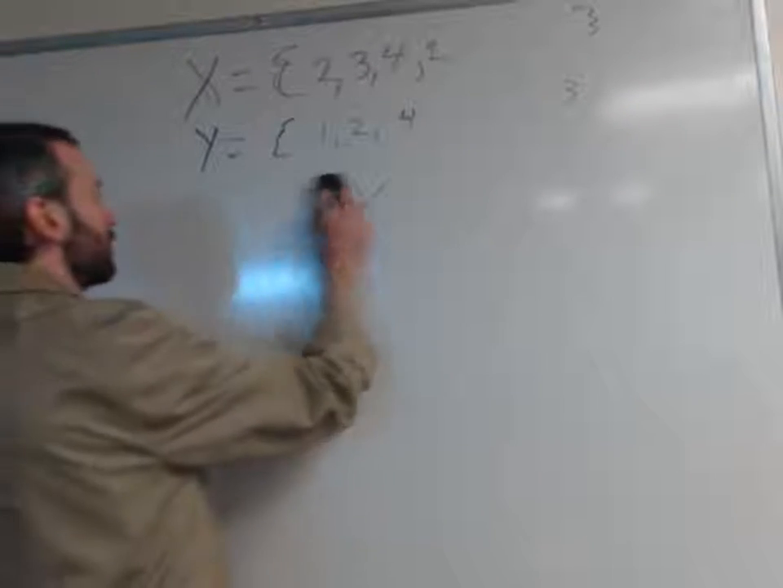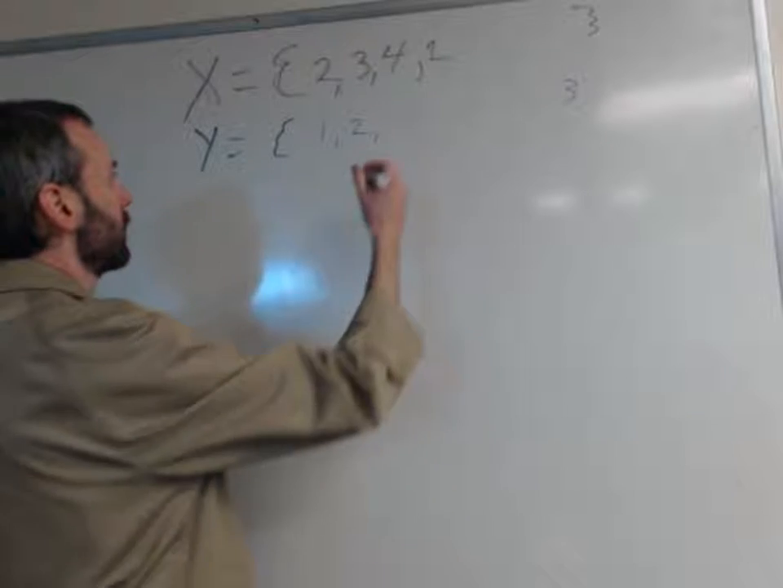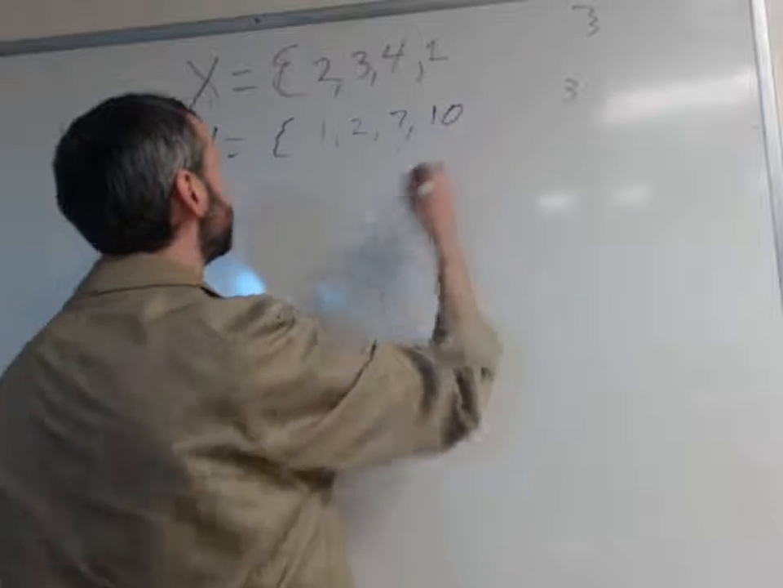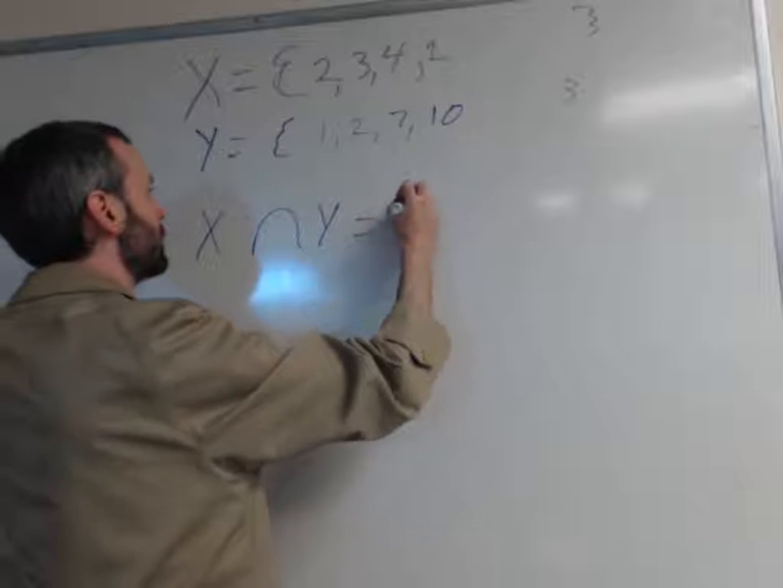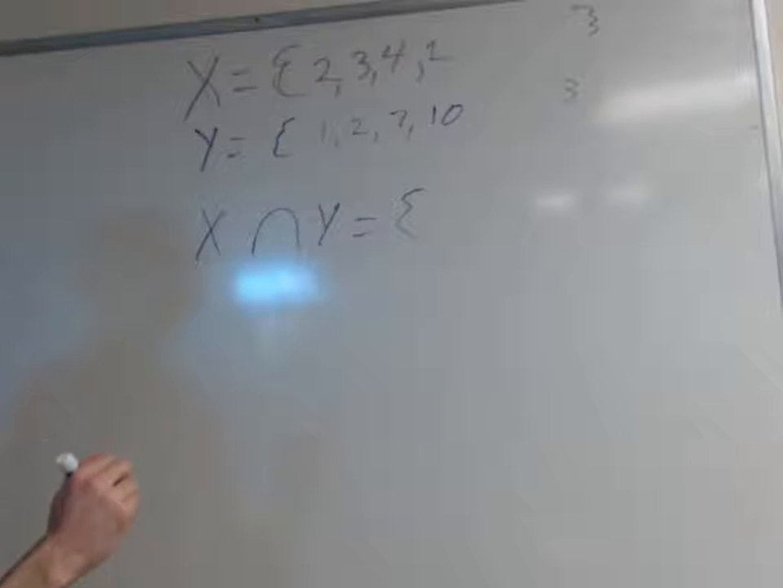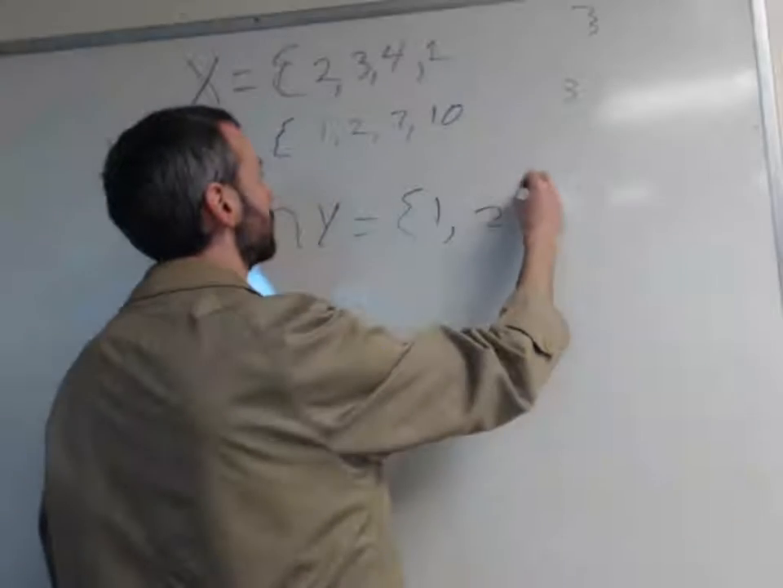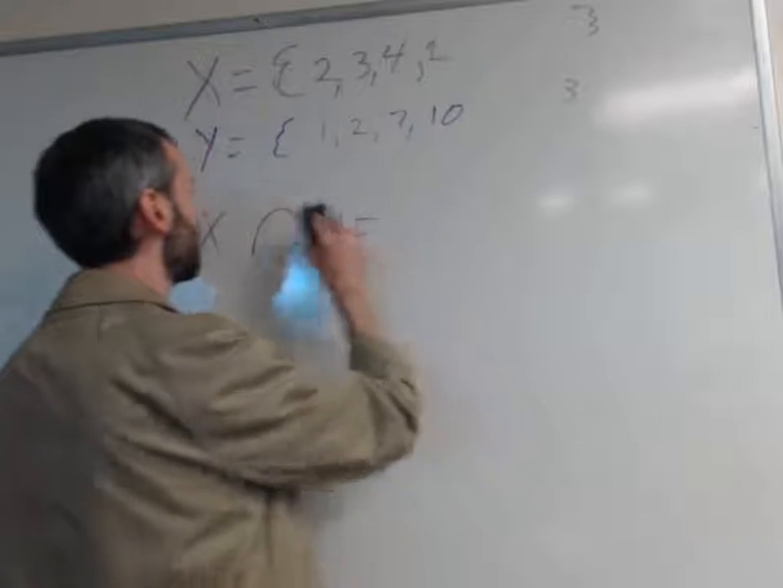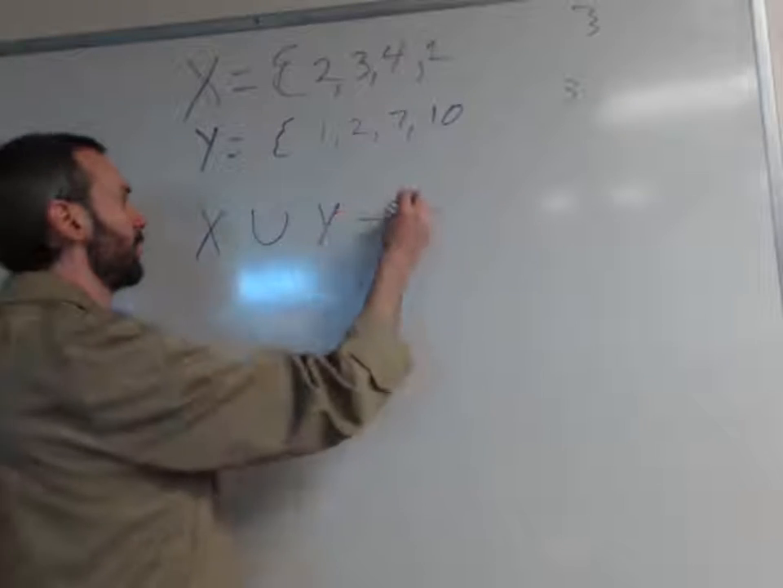All right, so let's change this. Let's add 7 and 10. So X intersect Y is only going to contain the elements that are in both. So which elements are those? 1 and 2. Everyone okay? All right. So the opposite of intersection is union, where it contains all the elements that